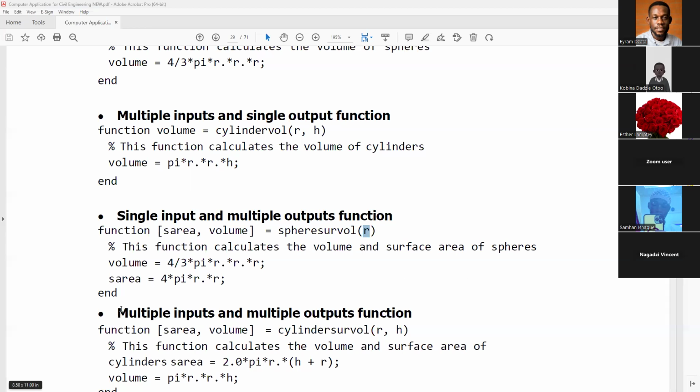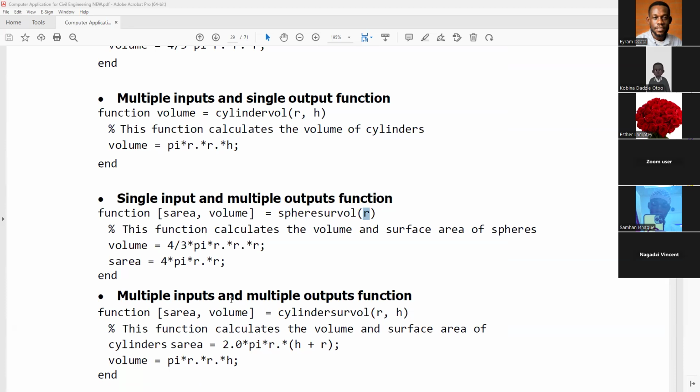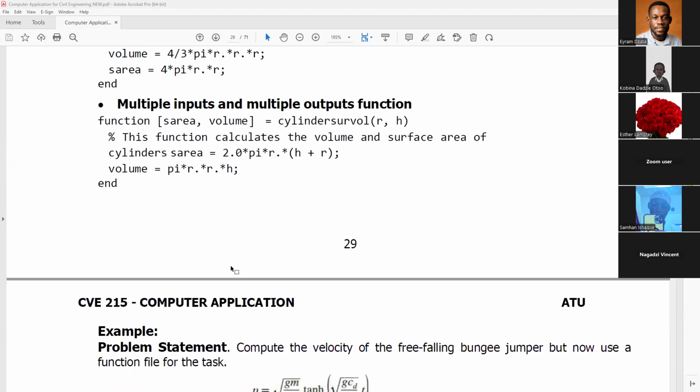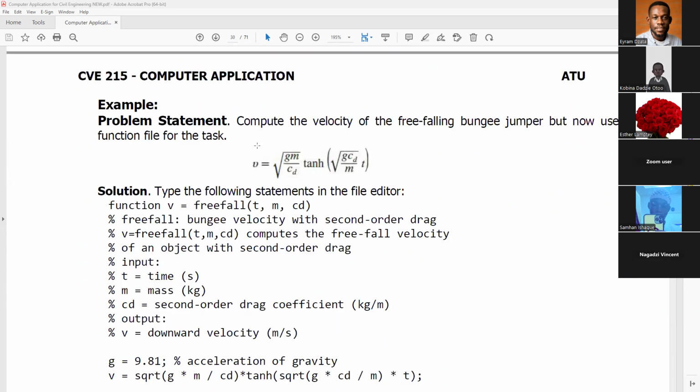All right. Then we have the final example here, which is taking multiple inputs and multiple outputs. So it's following the same rule, just like we saw in the previous examples. Then in one of our meetings, we looked at this particular question where we computed the velocity of a free-falling bungee jumper. In this example, we use the square root function, and then we use the tanh function,